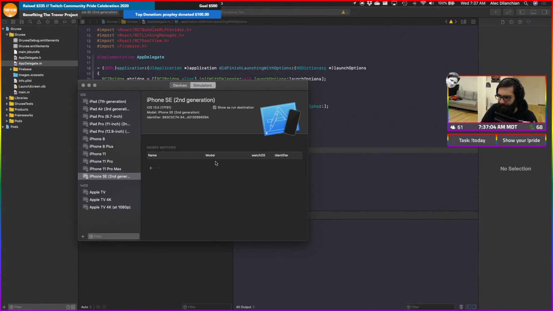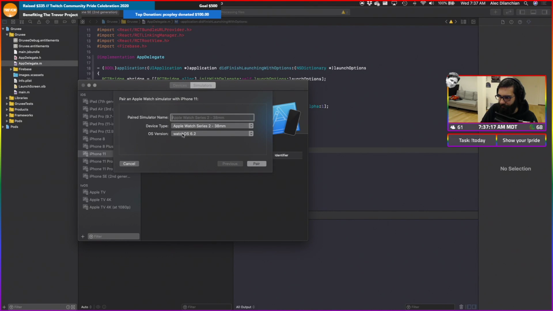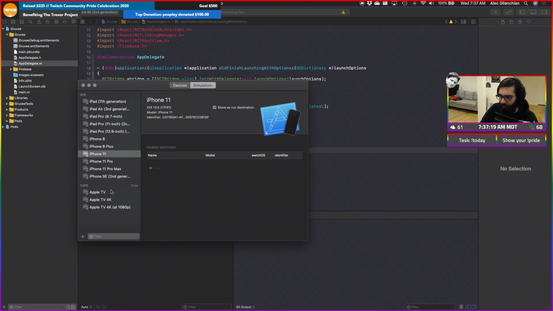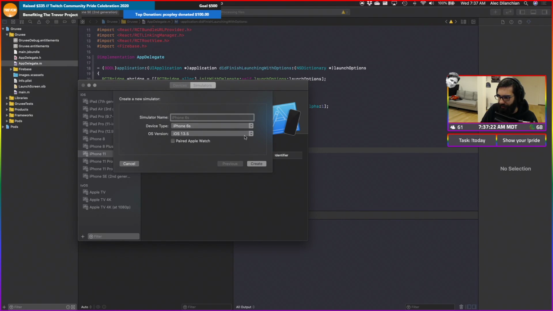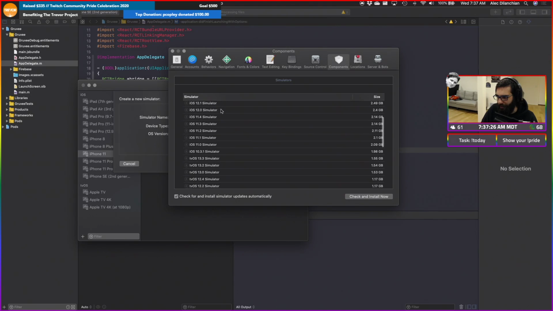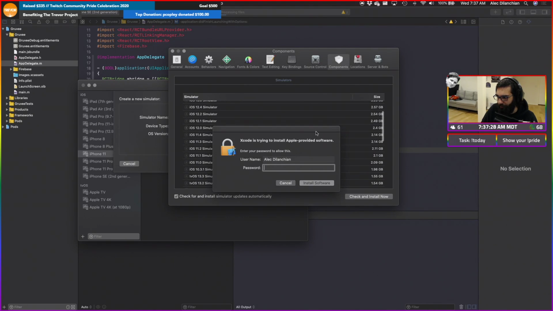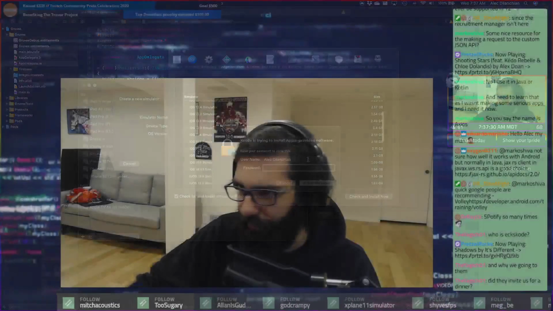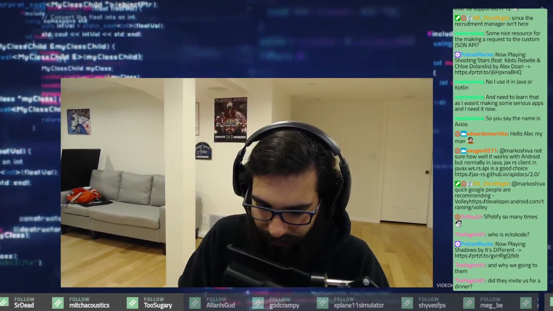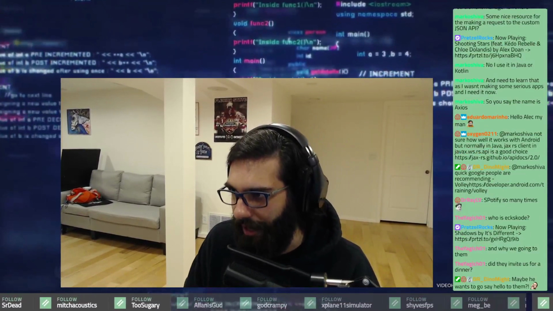Yeah, so let's get a new one. Yeah, let's do this. OS version. I gotta download more simulator runtimes. Yeah, so let's just do an iOS 12. Oh man, it's gonna take forever.